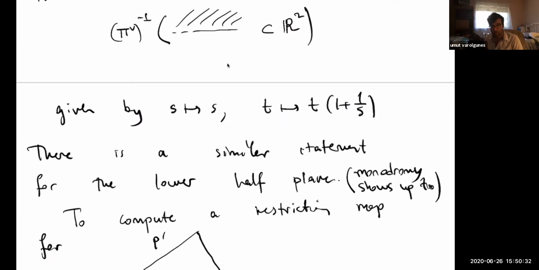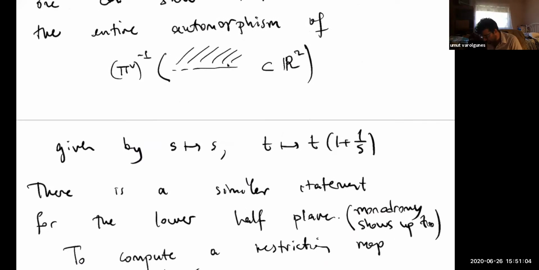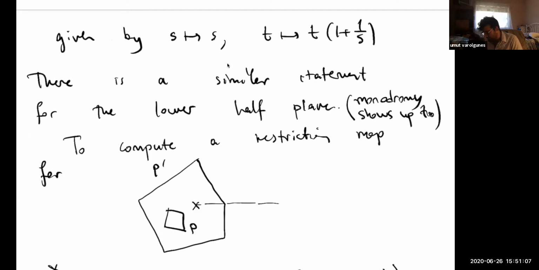But this seems a little hard. It doesn't seem like there's actually a symplectomorphism that switches the upper half plane with the lower half plane on the symplectic side. At least I couldn't find it. I always hoped that the upper wall crossing transformation would immediately determine the lower wall crossing transformation by some symmetry. I thought I had an argument for a long time, but then I realized there's a gap in the argument. So I don't actually know if that's true, and that way of computing the restriction maps was a little tricky.